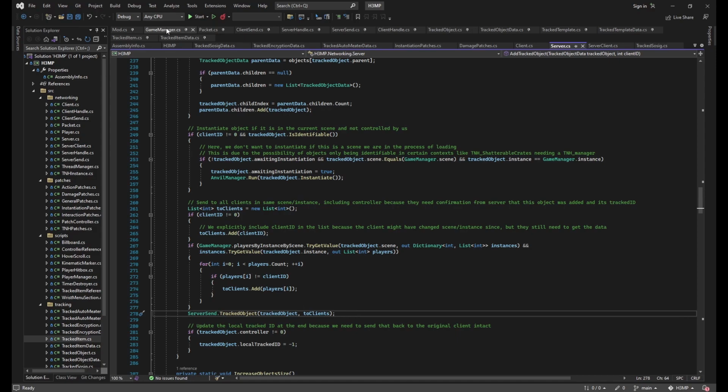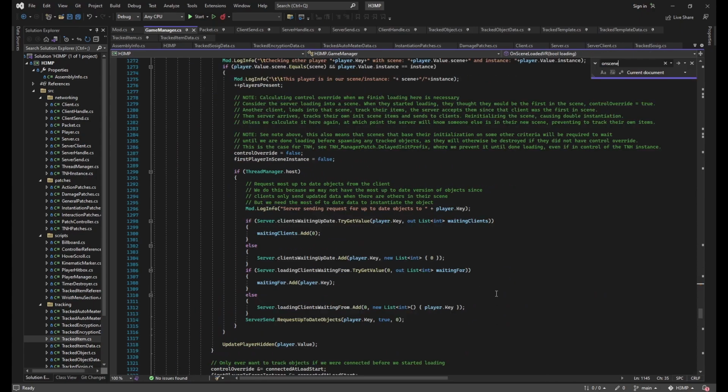Something I mentioned but not clearly explained was the up-to-date object requests system and process. Recall that when a server joins a certain scene, they will request all the up-to-date tracked objects from the clients in that scene. Although a server will always have all tracked object data, this tracked object data might not be up to date because a client will also not send tracked object data unless there are other players in the same scene instance to send it to. So when another client joins a scene with already other players there, the server will need the most up-to-date data